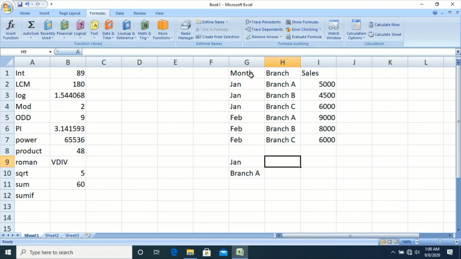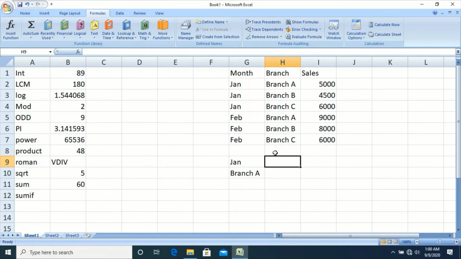Here we have month, branch and sales. We have specified the details about sales in the month of Jan and Feb in 3 different branches. So here, if you want to calculate the total sales done in the month of Jan, we can make use of the function SUMIF here.